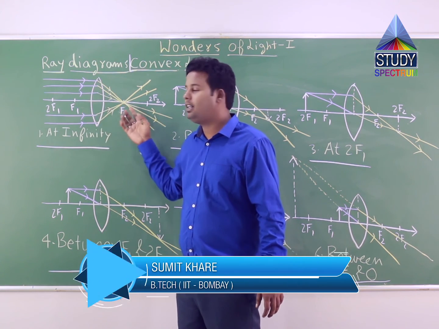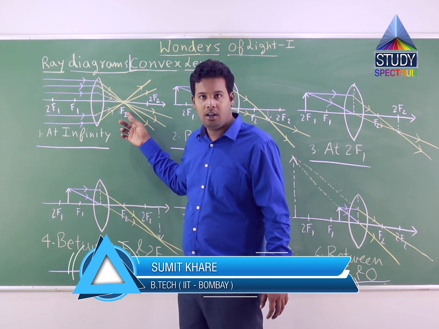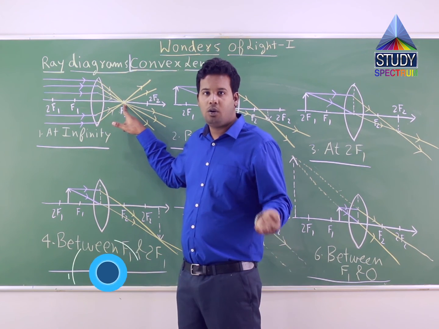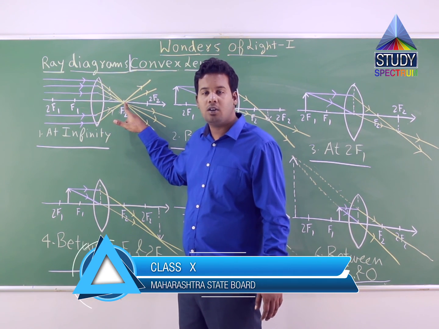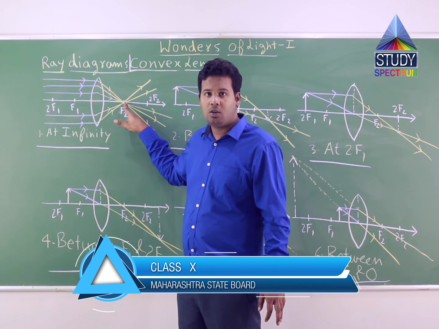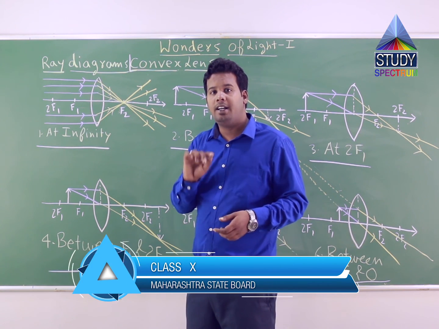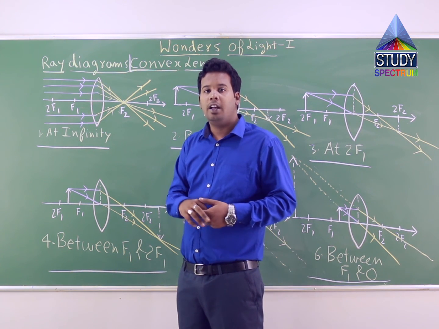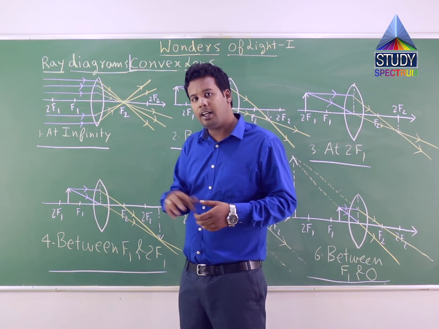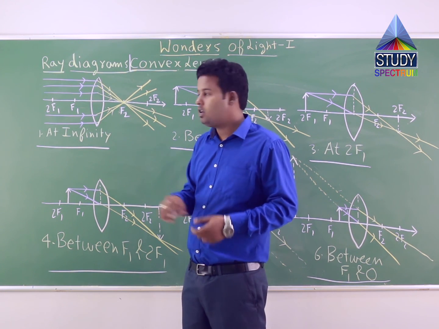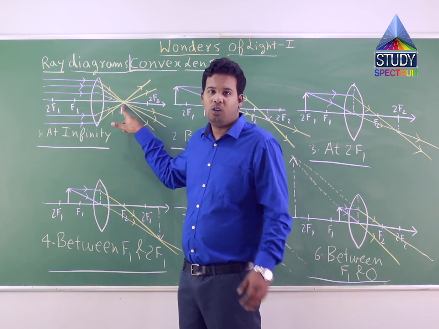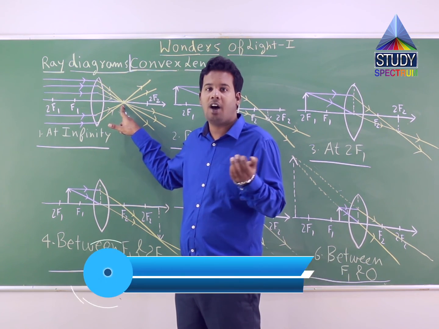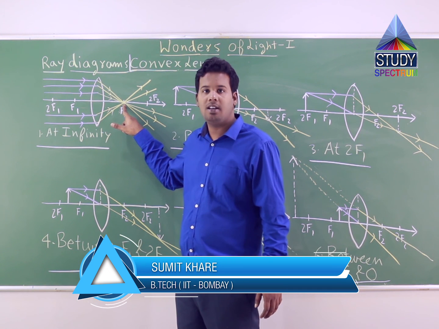The image is formed behind the lens. That means the image is real. Correct? In this particular case, we were getting h2 almost equal to 0. So it is a point size image or highly diminished image. And also, if you remember, a negative sign was involved in the magnification formula h2 by h1 is equal to v by u. When we substitute there, it was coming out to be a negative sign involved. So this image is inverted. Although it does not make any sense, a point cannot be considered as erect or inverted, but just for the sake of answer, if we have to write, we can write this image as inverted.